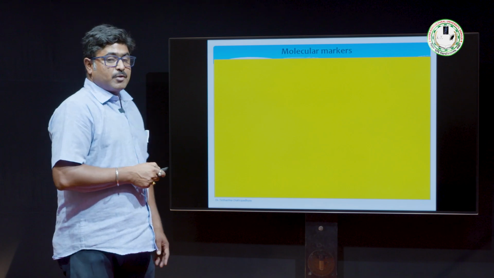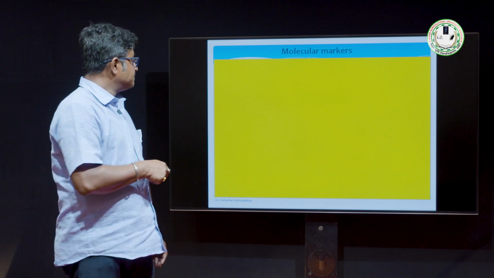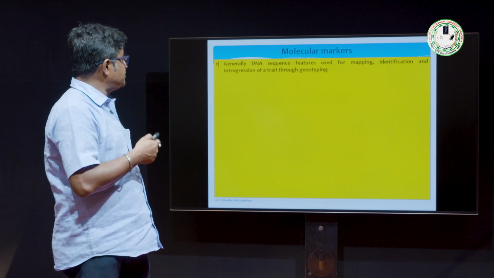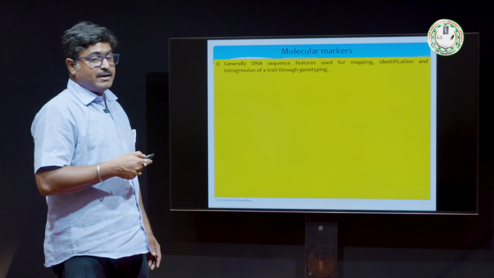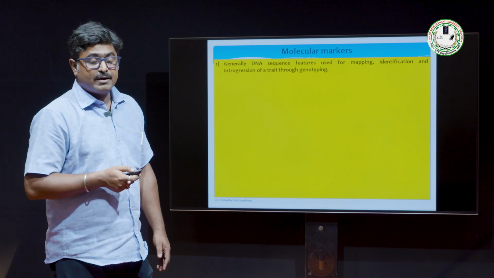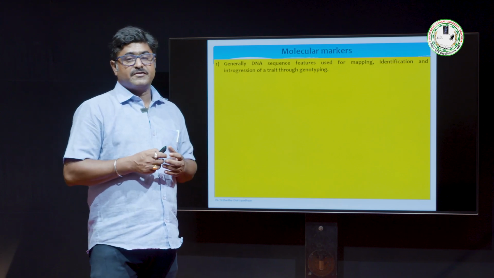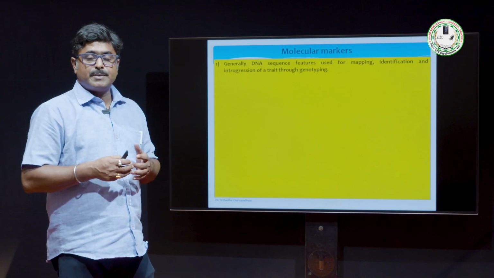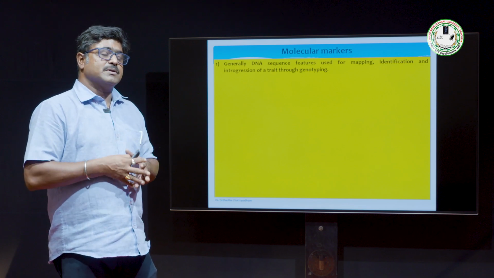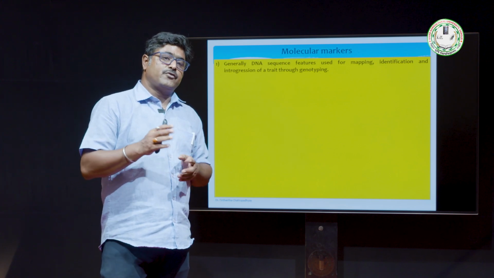So now I come to the molecular markers, with this basic understanding of the plant genome and the plant genes. So what are molecular markers? They are basically DNA sequence features used for mapping, identification or introgression of a trait through genotyping. Simply saying, a marker is a kind of molecular device which gives you the power to predict a phenotype even before the time. For example, suppose you know that a particular gene A is controlling the fruit color in tomato to be red,